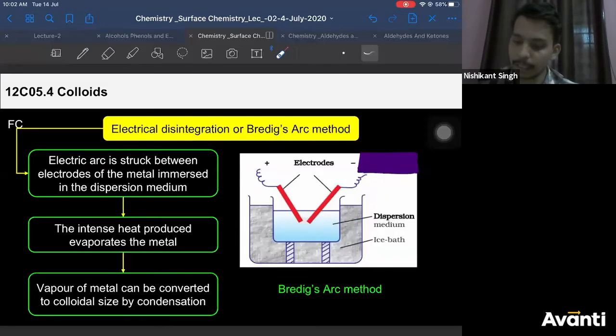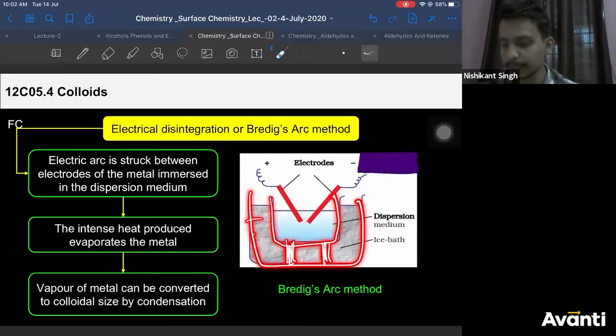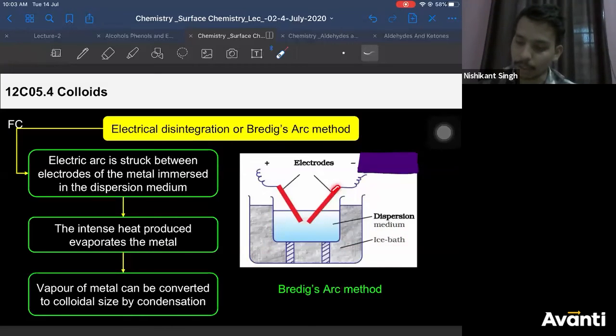Then there is a stand to make the beaker stand here. So this beaker is standing on these two poles, and it is kept in a container containing ice. Okay? Now what you do, you put two metal electrodes here. You connect them to the external terminals of the battery. This is connected to the positive terminal of the battery, and this is connected to the negative terminal. Then you pass a large amount of current through it.